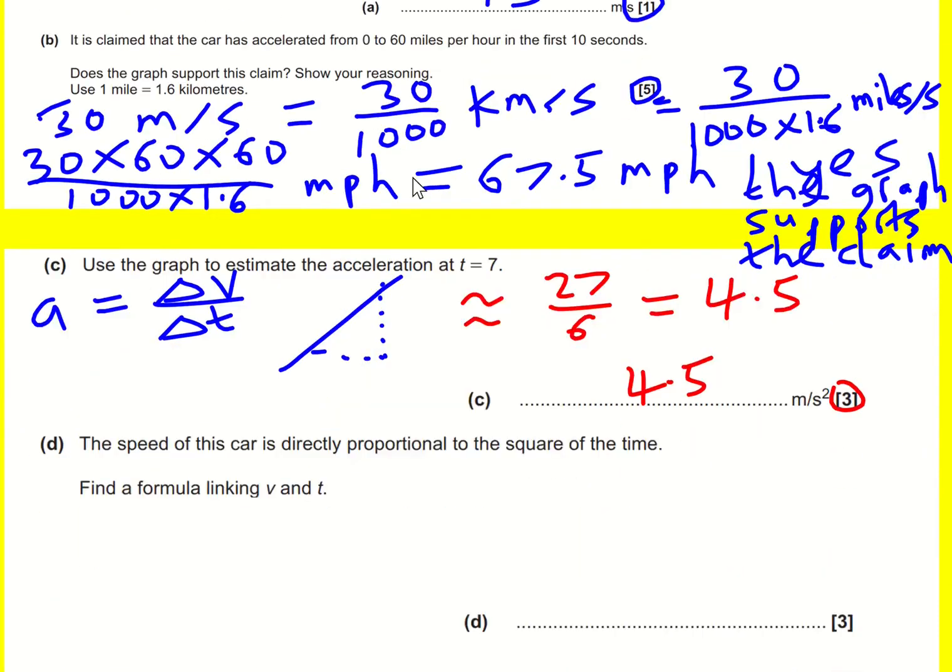Finally, the speed of this car is directly, oh no, not finally, there's the one after this. The speed of this car is directly proportional to the square of the